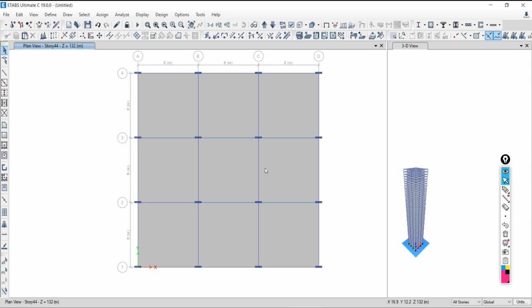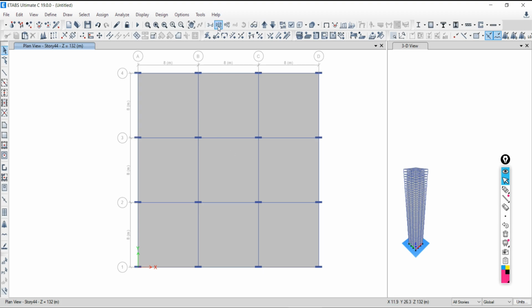I have to select the slabs, then assign the loading to those slabs. Many times I need to work for those 5 levels, and you know that there is a 5 level difference. If you want to move to number 10, there are 4 floors in between. So it's very difficult if you are going to do it every time.